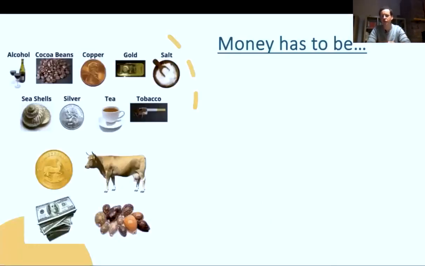But to be at its most efficient, money, through whatever currency you use, has to have the following properties. So it has to be durable, so it lasts for a long time for many exchanges. Fungible, which means exchangeable, something that's easy to trade for something else of the same type and value, for example, something that doesn't have to be revalued for every transaction. Portable, that it can easily be carried across long distances, so for example, from the French porter, which means to carry or to wear, so you can carry it. And this would be a downside of gold, for example, that it's difficult to carry gold across long distances because of its weight.